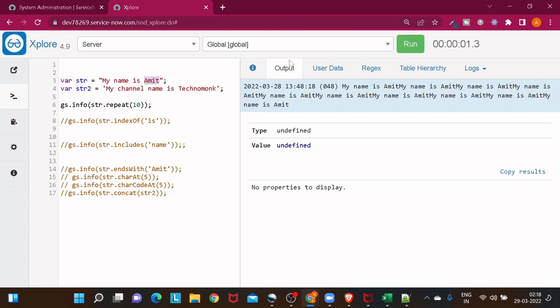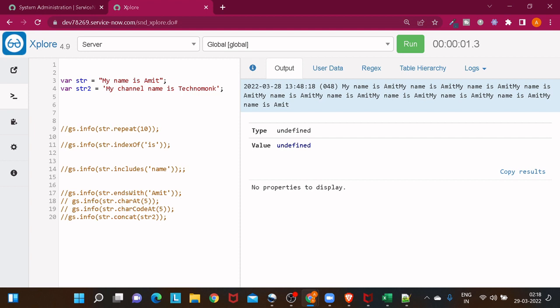Perfect till now. So the next method in our list is replace. This method returns a string with the changes. This method is case sensitive. So you have to pass 2 parameters: the one which you want to change and the second with which you want to change that particular string. So if I want to change my name from Amit to Amit Gujarati, I can simply do gs.info,